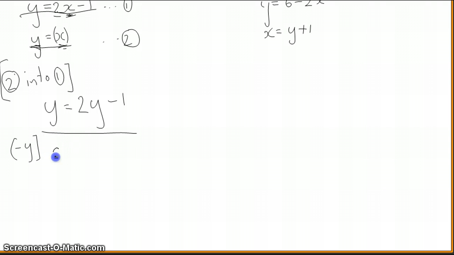That will give me 0 equals y minus 1. Took 1 y off one side, took 1 y off the other side, still in balance, and I'm almost solved for y. To get rid of a minus 1 on the right hand side, I'm going to add 1 to both sides. 1 equals y,